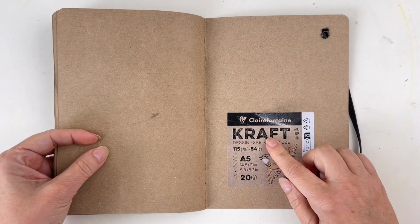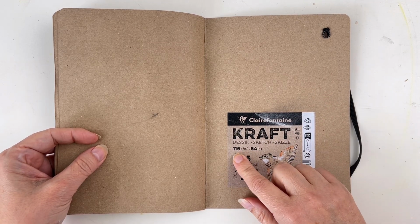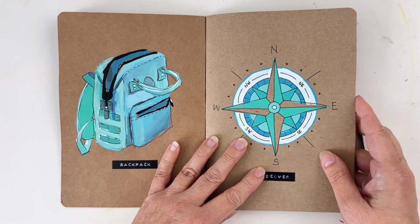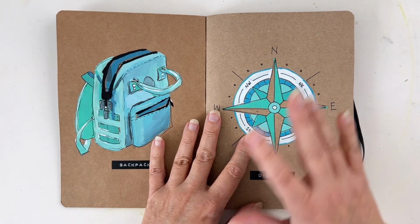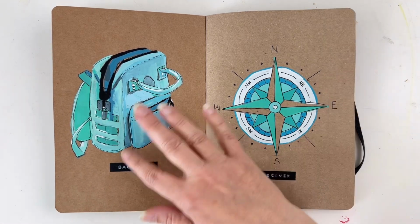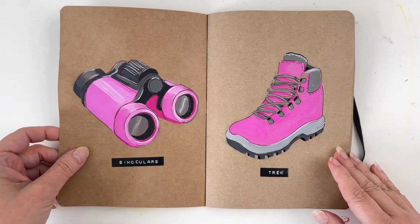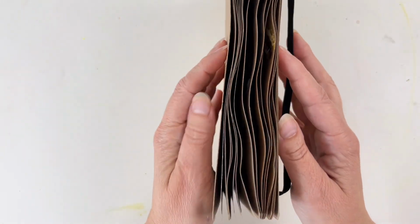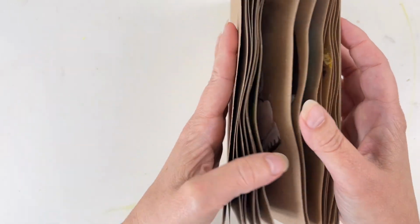I am using this sketchbook by Kraft, which is a craft sketchbook, and it's 115 GSM, which is not enough. I love working on craft paper with gouache. I think the background color really complements gouache, especially with pastel shades like this yellow and pink. I think it's great. However, the paper is so thin that it's warping and making bumps and holes, so it's